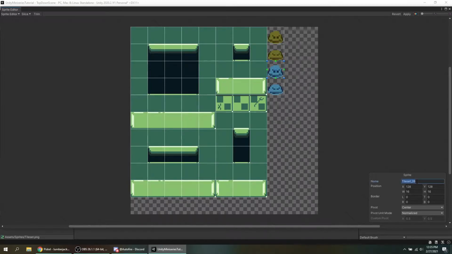And then this one will be V enemy 1. So you have H enemy 1, and then V enemy 1, V enemy 2. So this will be moving up and down. This will be moving left and right. So up and down, left and right, and then